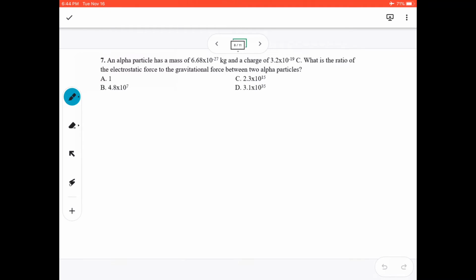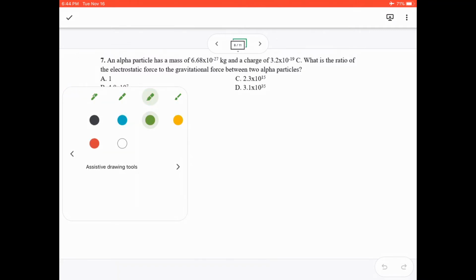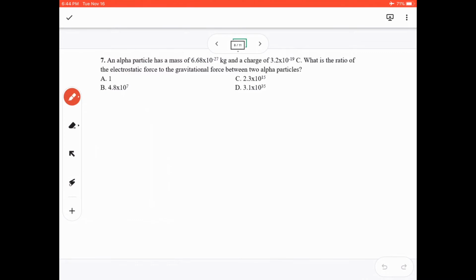Question 7. An alpha particle has a mass of 6.68 times 10 raised to negative 27 kilograms and a charge of 3.2 times 10 raised to negative 19 coulombs. What is the ratio of the electrostatic force to the gravitational force between two alpha particles? This is quite tricky because we need the formula for gravitational force as well, which is similar to electrostatic force actually. So the electrostatic force formula is equal to